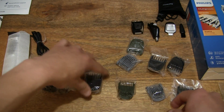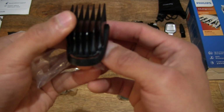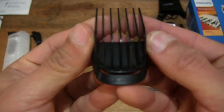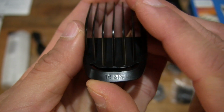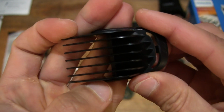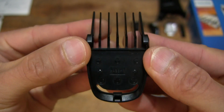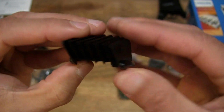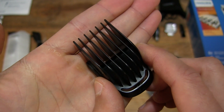And moving on to the next item, let's see what else. So different combs as well. Let's find this one. Let's see what this is. So this is a 16mm comb right there. I'm just going to give you as best I can. There we go. We have focus, and just giving you a look as to the design of this comb. Right there, close-up look, and the attachment style right there. Okay, so that's the 16mm hair comb attachment,